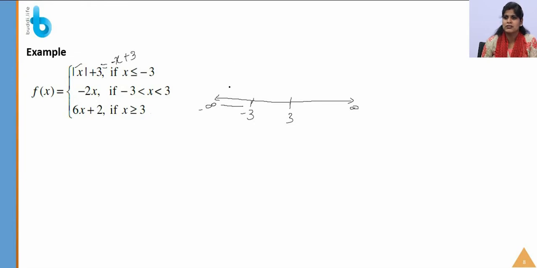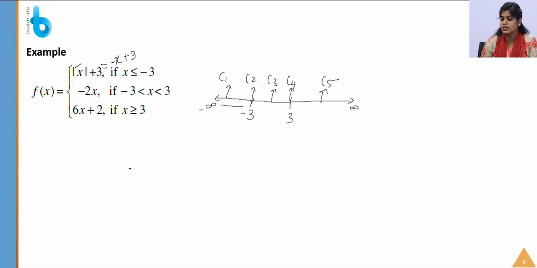Okay, so we will take this in different cases first of all. At this interval we are going to check the continuity as case 1, and this will be your case 2, and this will be your case 3, and exactly at x equal to 3 we will keep it as case 4, and this interval will be your case 5. So we are going to see this problem in 5 different cases. But it is very easy.